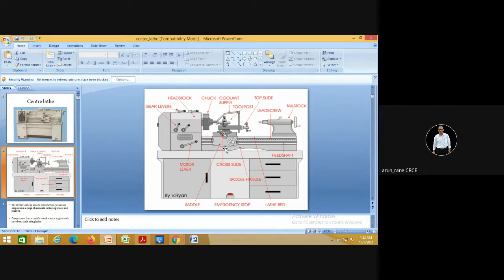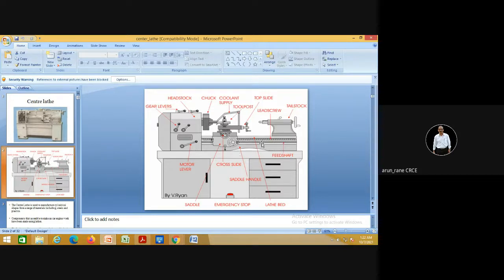Suppose the bolt is rotating, and if you hold the nut stationary, that is, if you don't allow the nut to rotate along with the bolt, then the nut will slide on the bolt, and vice versa. Same concept here. Bolt is the feed shaft which is rotating, and the carriage is obviously not rotating. So the carriage has to move longitudinally.